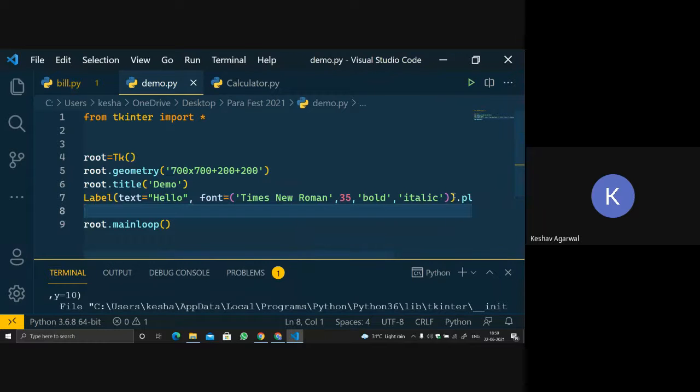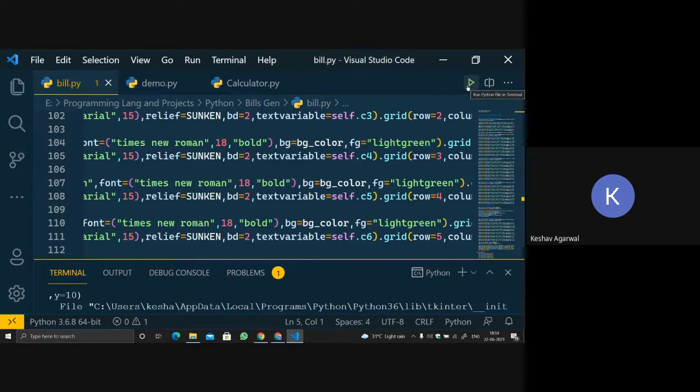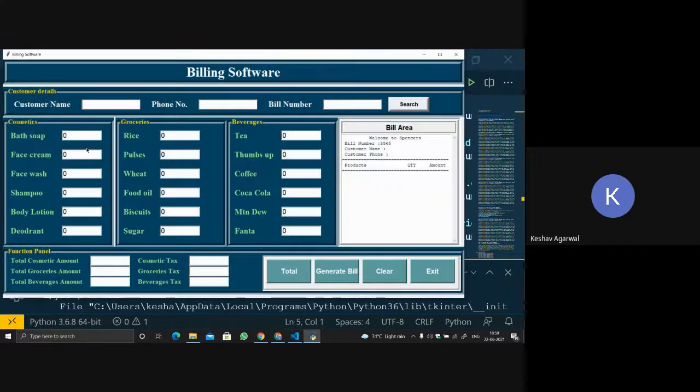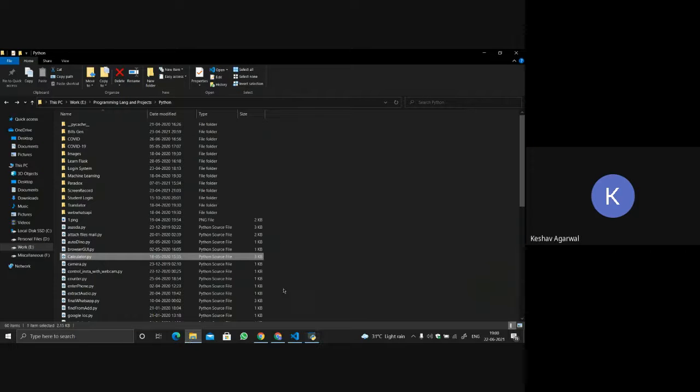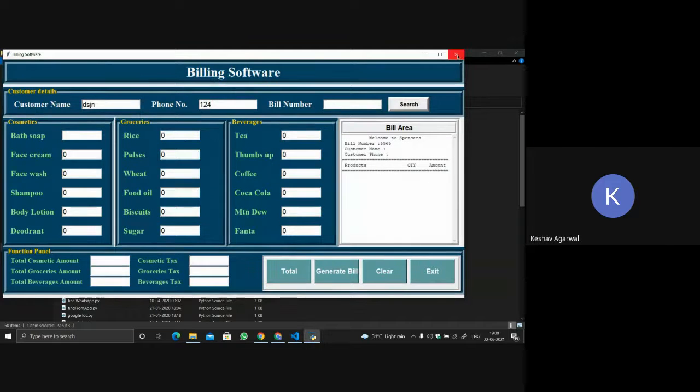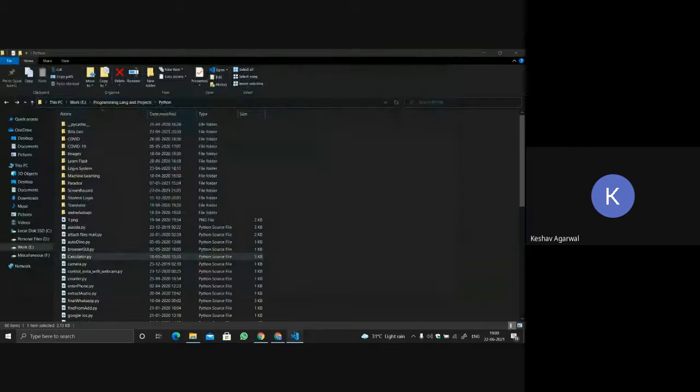Okay, now let's move to variables like entries. Okay, in this example, in this build part, what we were saying is we were having entry now. This is entry, in which you can write your name, you can enter your phone number. This is actually a string, that's why it is taking it like this. So we can enter numbers, we can do anything. Okay, there was already a bill that I generated. So there are many functions, like we can use a database for this also.